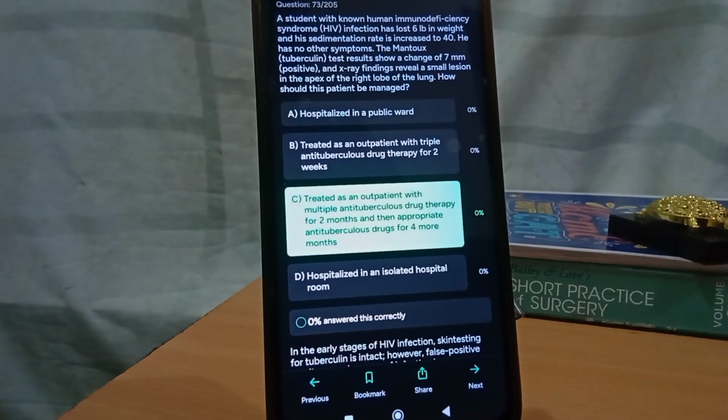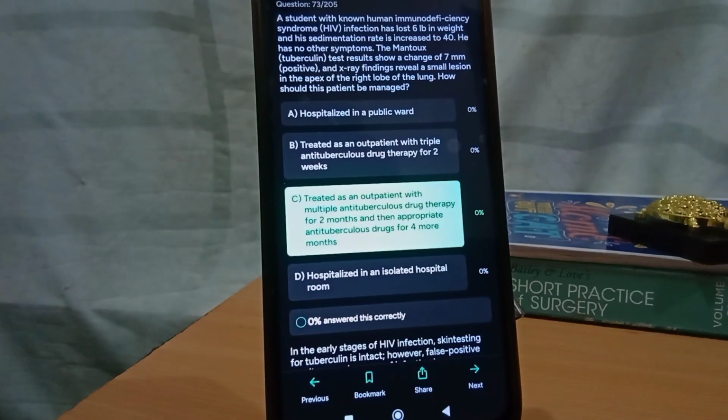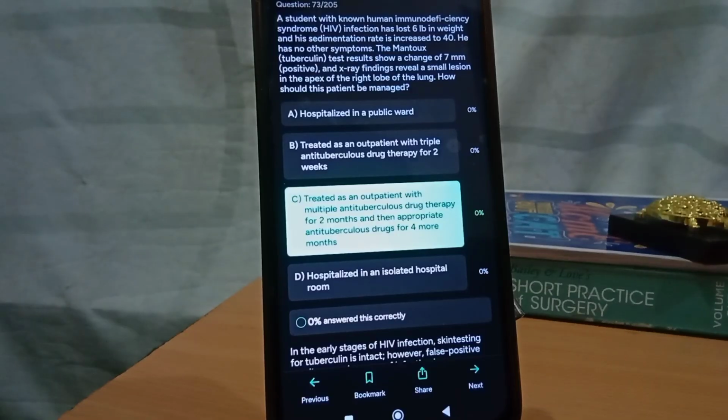Option 1 is hospitalized in a public ward, treated as an outpatient with triple anti-tubercular drug therapy for 2 weeks. Option 2 is treated as an outpatient with multiple anti-tubercular drug therapy for 2 months, and then appropriate anti-tubercular drug for 4 months. Option 3 is hospitalized in an isolated hospital room. So the answer is treated as an outpatient with multiple anti-tubercular drug therapy for 2 months, and then appropriate anti-tubercular drug for 4 months. So in an early stage of HIV